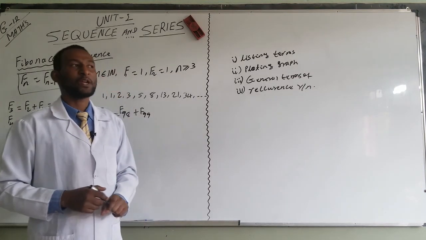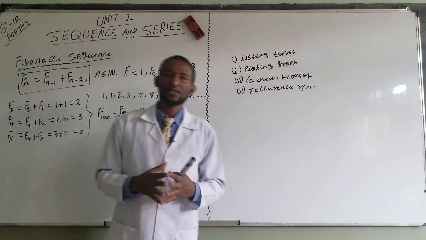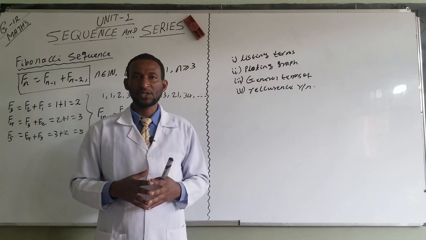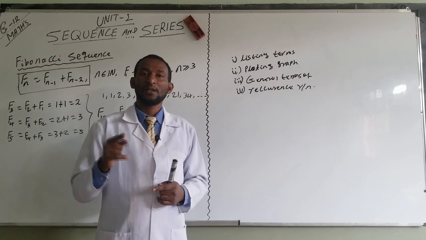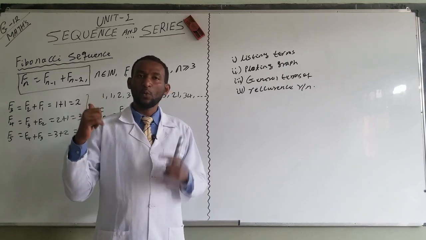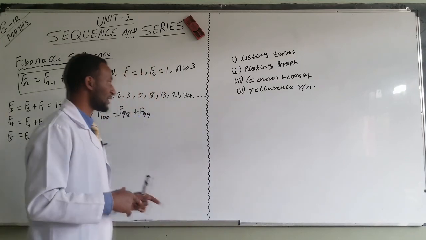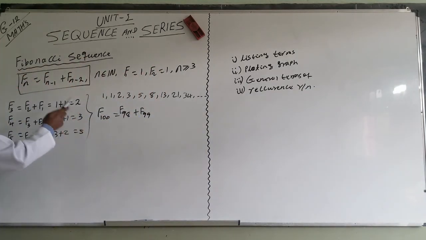That means when we express any sequence within recurrence relation, we have to use the previous one or more terms of the sequence. Kana jechuun maal jechuudha? Recurrence relation